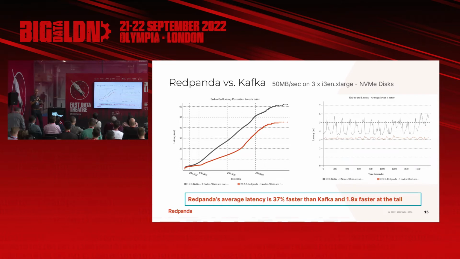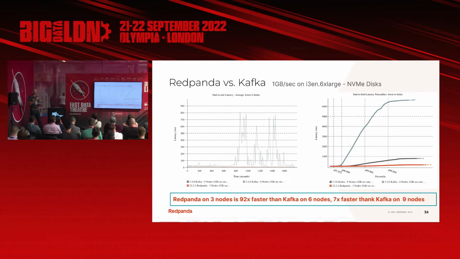On a 50 megabyte a second workload, which is a much smaller workload, the comparison is a little bit less stark. The reason is we're undersaturating the hardware at this point. It's quite a small workload for i3 X large, so we're struggling to really stress the architecture, and we don't see the benefits quite as much. We're still 37% faster on average latency and 1.9 times faster at the tail, but it's a little bit less stark on this one. If we go to a gigabyte a second,